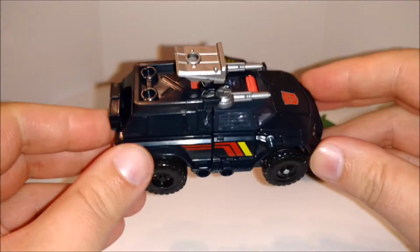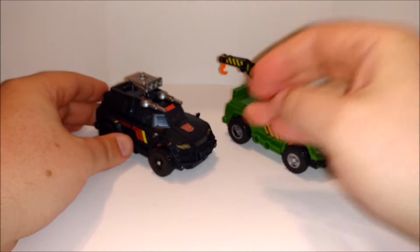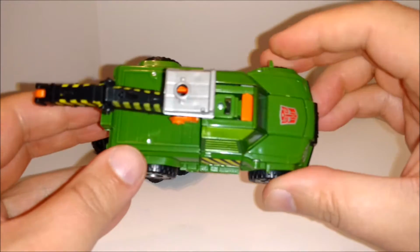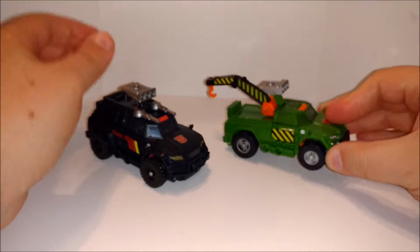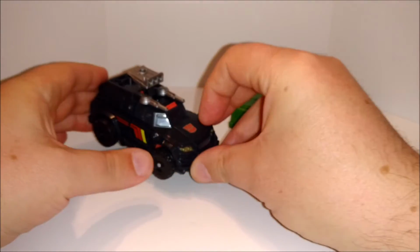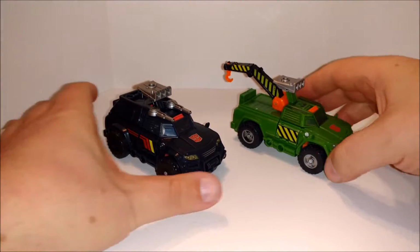Because definitely undersized. Definitely smaller than, these are deluxes. They should have been Voyagers, and I think a KO company did make them Voyagers, and they look better as Voyagers, and they both should have been Voyagers, you know. And you can see the silver rims on Hoist, but no rims on TRAILBREAKER, even though they both had them originally. So anyway,